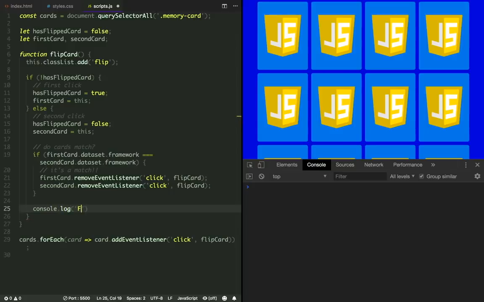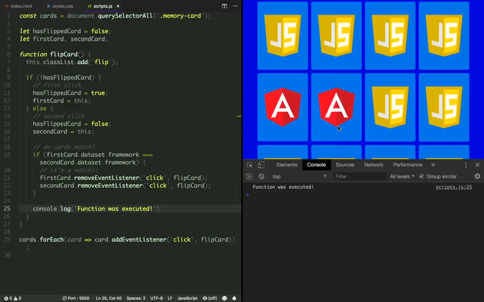To make sure they have been removed, let's add a log message here. Alright, they were correctly executed, and then when we click again, it won't fire because it's not going to the function anymore.